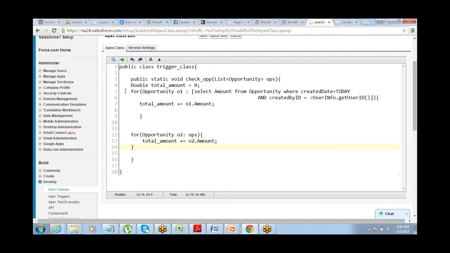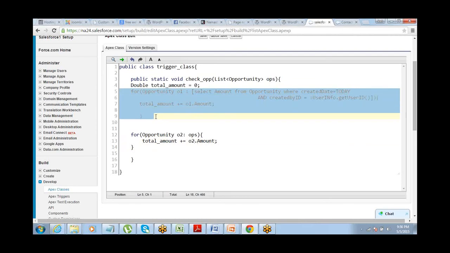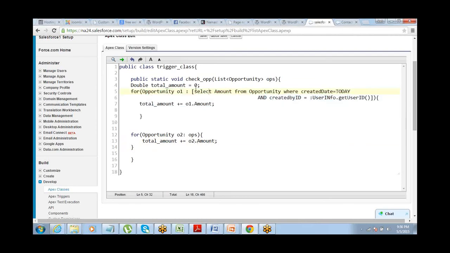Okay, so first of all, I run a loop for the existing records. And how do I get the existing records? Using the SOQL query. Secondly, I run a loop for the trigger.new records, for which I have defined a variable here.